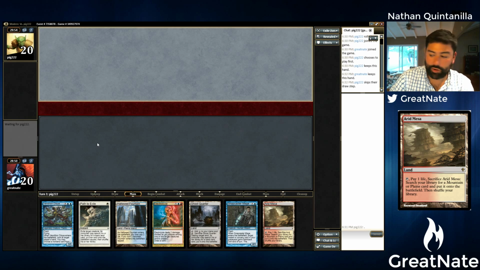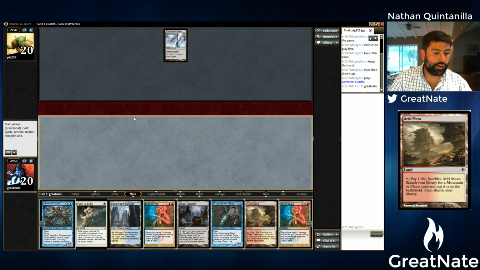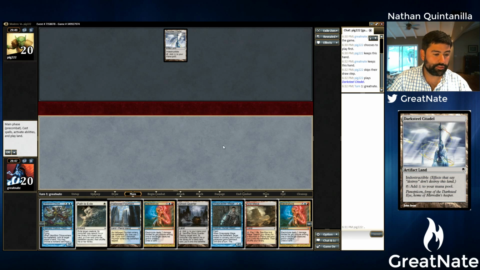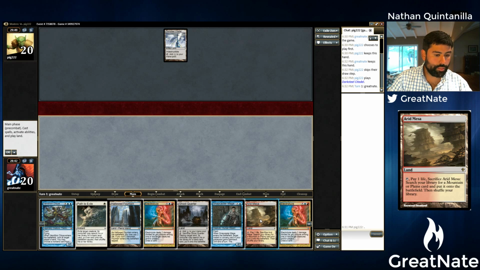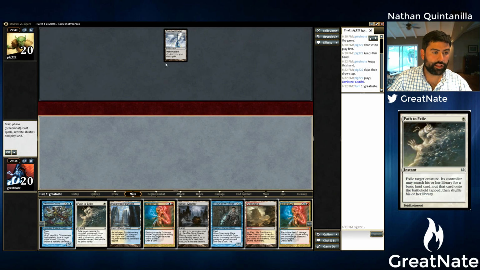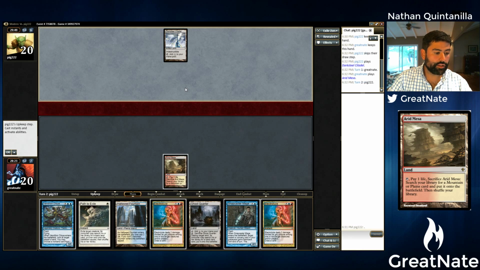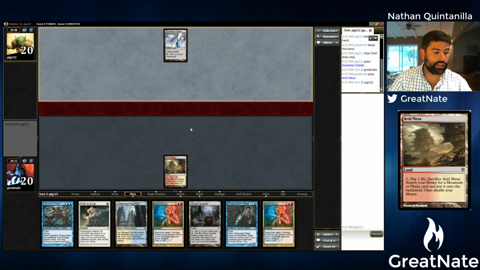We'll just pass priority through the turn here. All right, looks like we're playing Affinity. Or maybe we're not. They didn't actually do anything. Okay, so I'm tempted to play the Hallowed Fountain untapped. That way we can have Path to Exile up right away. But being as they didn't do anything, maybe we don't need to. We'll play the Arid Mesa. If we have to, we could always get a...